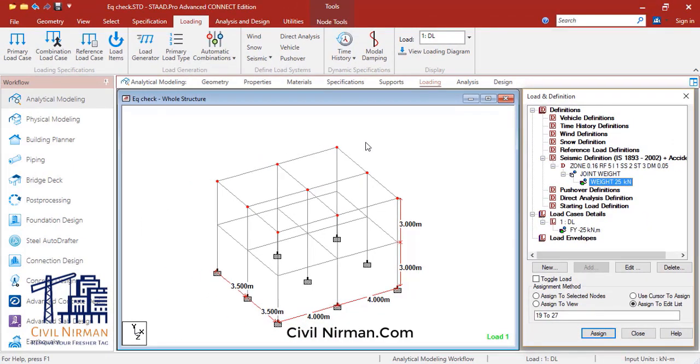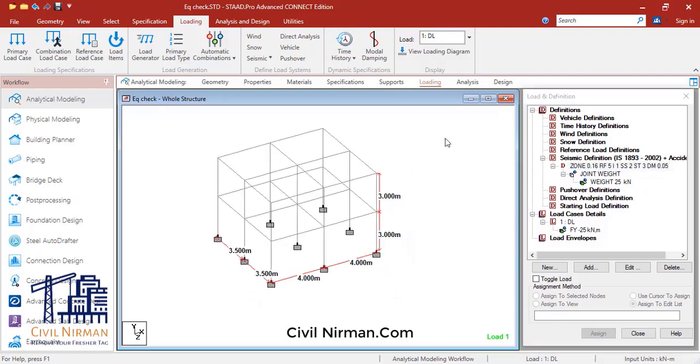We have applied dead load over here only, and it's not a lateral load, and it is yet to be analyzed according to that factor of AH, right? So that's why it is not visible in the definition part. Over here your W weight and AH both will be calculated, and then it is distributed as a lateral load in your building.